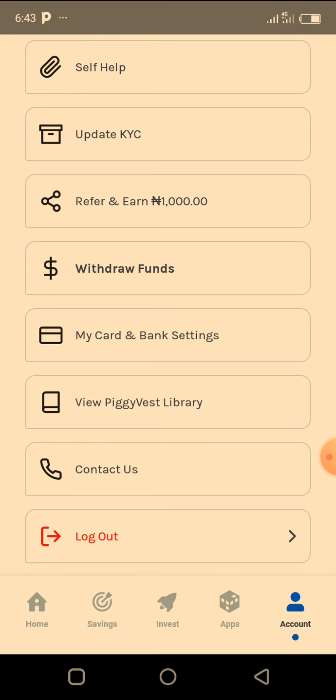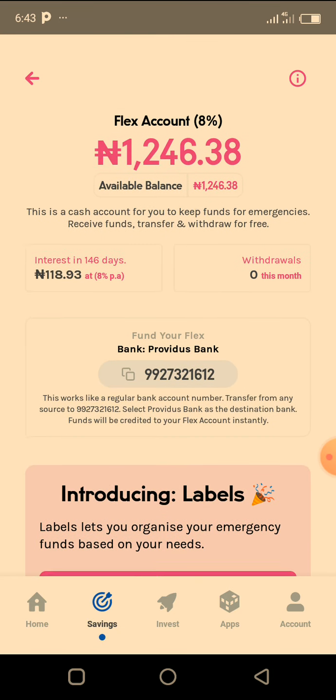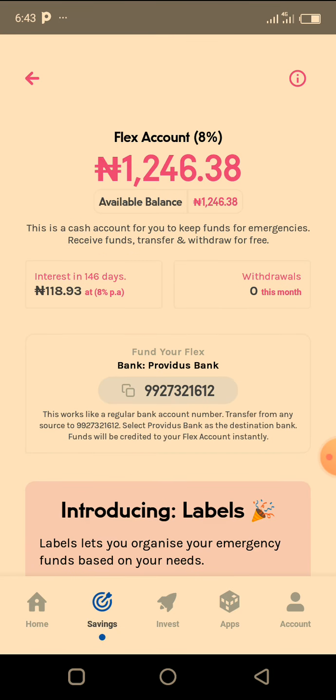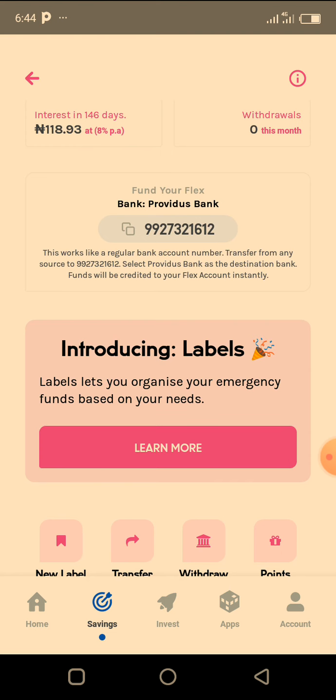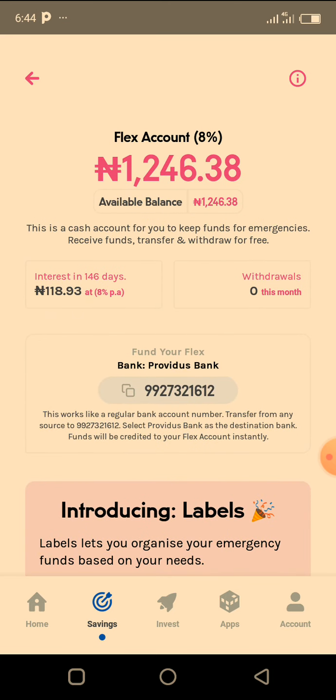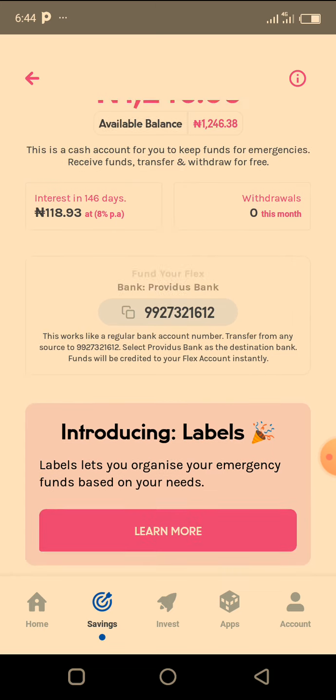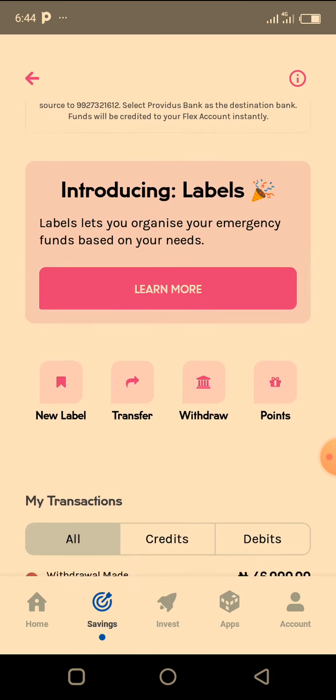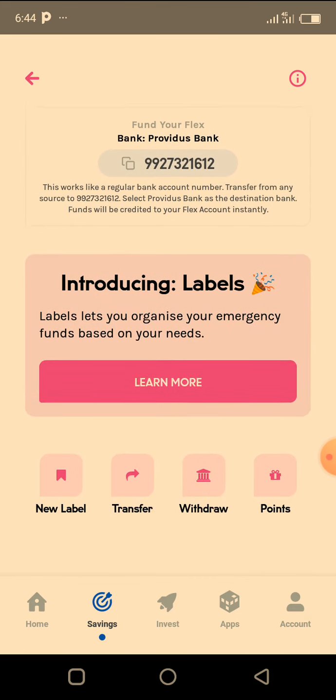Now we have savings. I'm going to savings now. Yes, this is a flexi account. This is the available balance on a flexi account. This is the interest that has been made from this flex account. Just 100 for 1,000 naira, which is more than 5% of their money. Bank doesn't give you that. Bank gives you like 0.1% or something like that. That's what bank gives you for your money you keep with them, but this place gives you high interest. You understand?